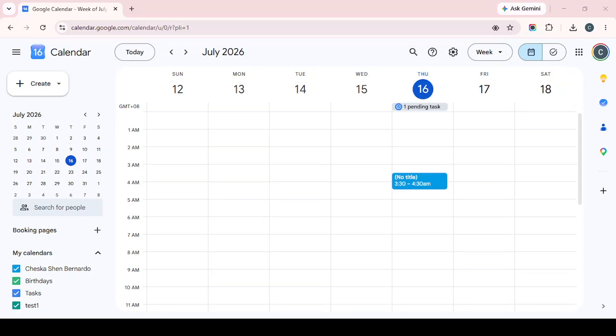In today's video, I'm going to teach you how to open Google Calendar site settings in Chrome. To get started, open Google Chrome on your computer and go to calendar.google.com. Once the page loads, give it a moment to fully appear so you can clearly see the website in